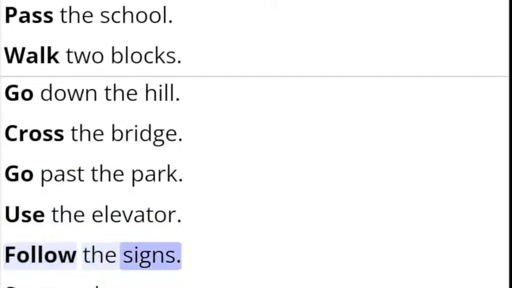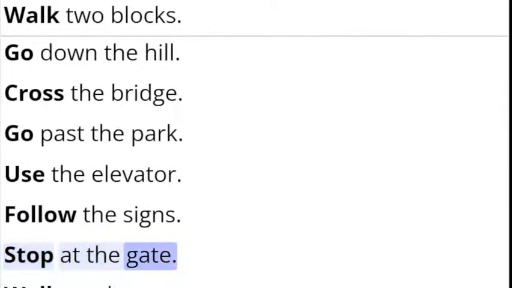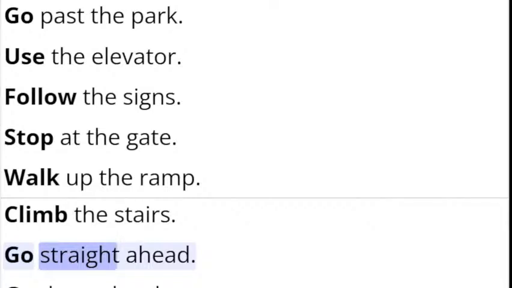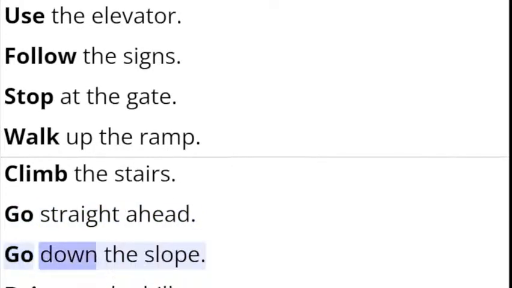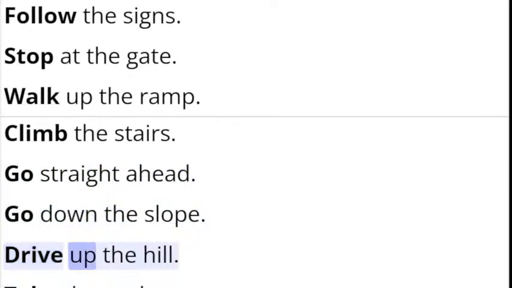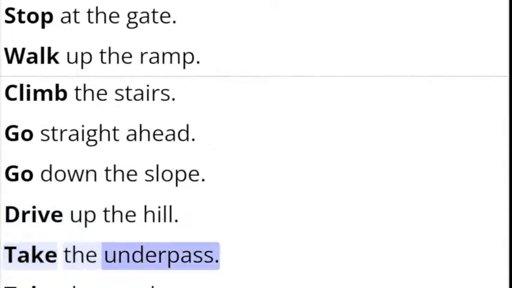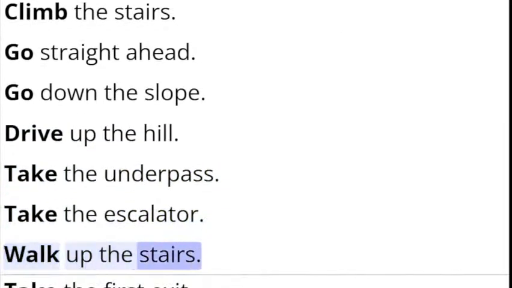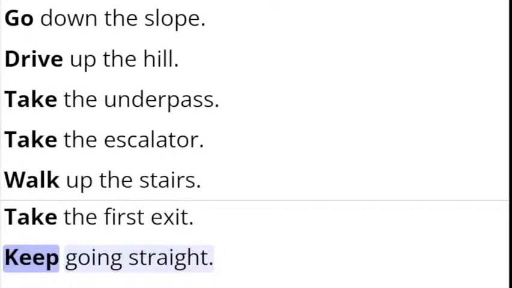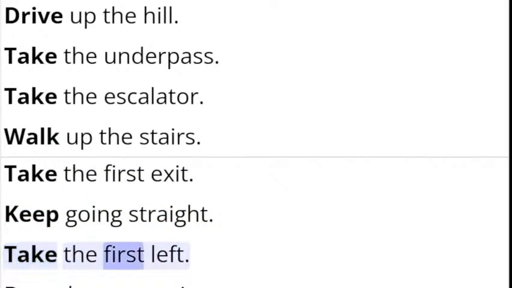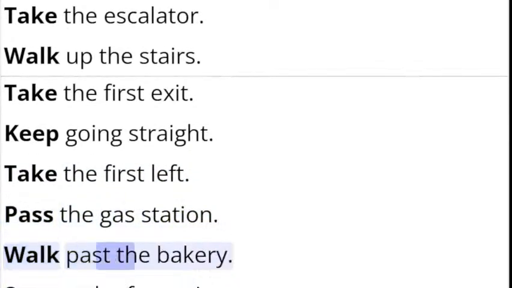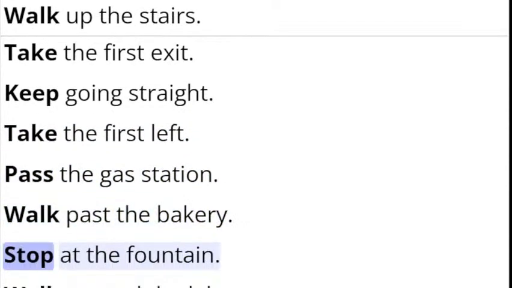follow the signs, stop at the gate, walk up the ramp, climb the stairs, go straight ahead, go down the slope, drive up the hill, take the underpass, take the escalator, walk up the stairs, take the first exit, keep going straight, take the first left, pass the gas station, walk past the bakery, stop at the fountain, walk around